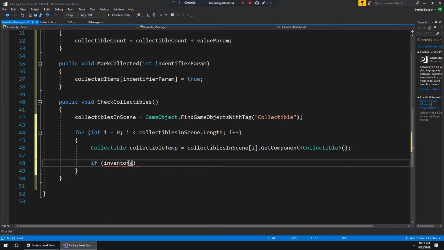If collected items in our scene, collected items, and then which collected items do we want to look at? Well, we're going to look at our collectible temp dot identifier. Wow, I completely butchered that. Identifier number